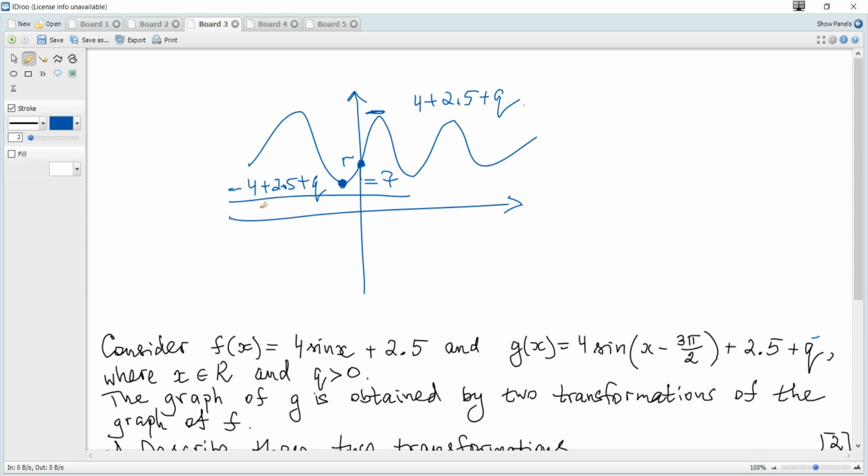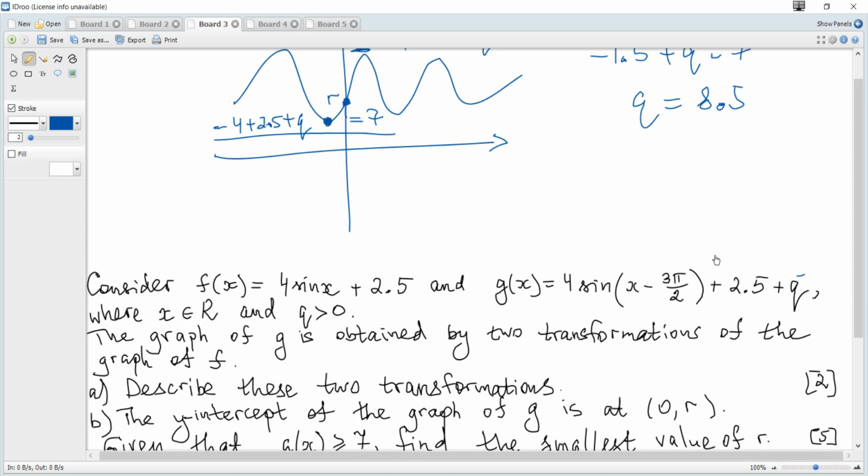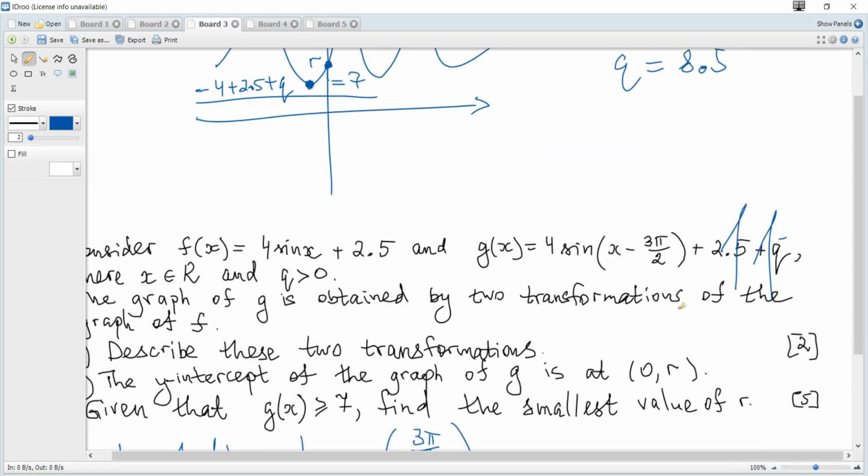So it becomes -4 plus 2.5, it's minus 1.5 plus q is 7, so q is 8.5, and hence our function becomes 4 sine (x minus 3 pi over 2) plus 11,